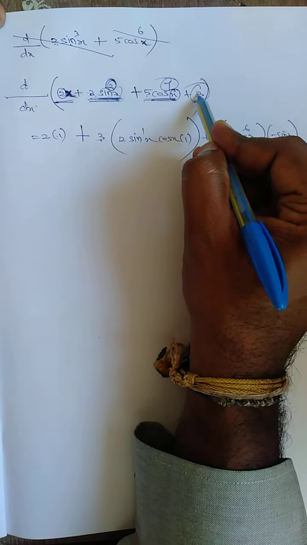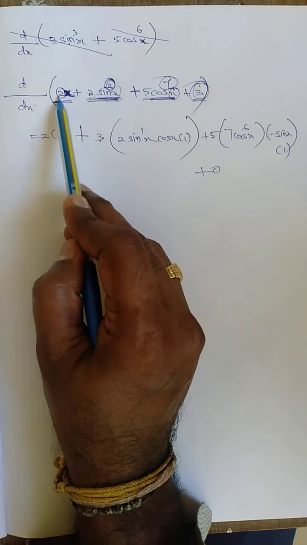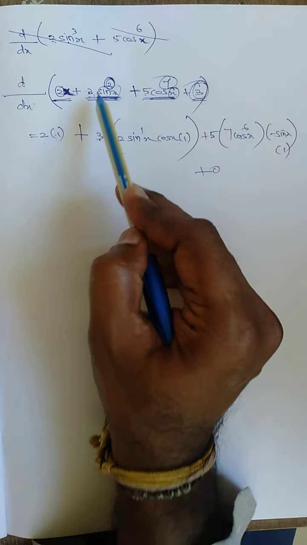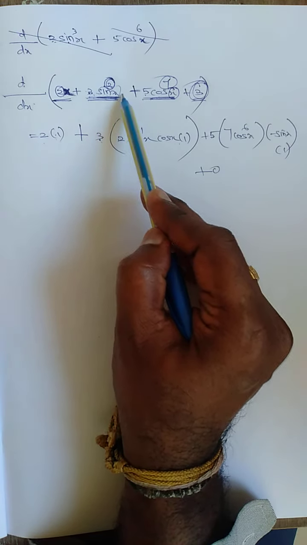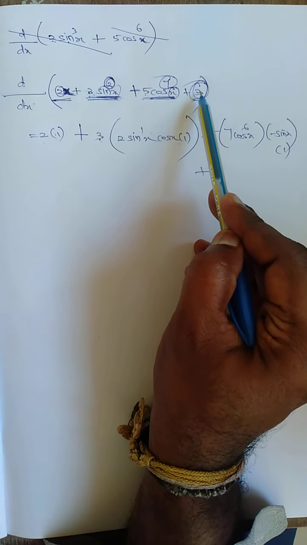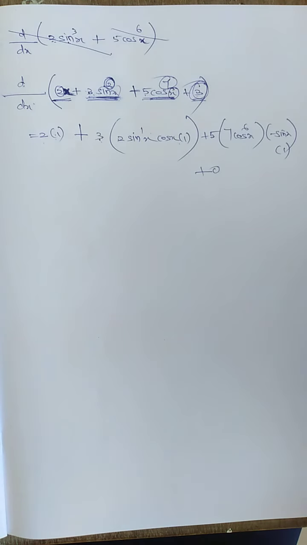Plus, differentiate the constant 3, it is nothing but 0. Here it is multiplication, no problem. 2 times 1, this is multiplication, no problem. A constant in multiplication is no problem, but 3 remains a single term. Differentiate of 3 is nothing but 0. This is the differentiation. So you need to learn this very carefully. There is no other way.